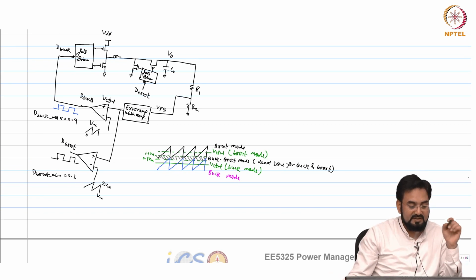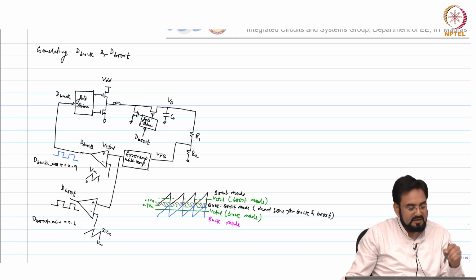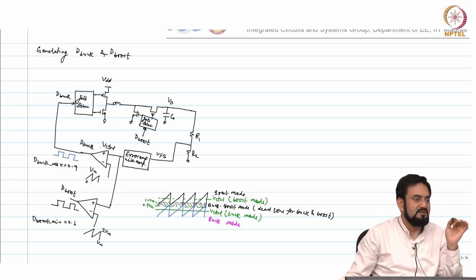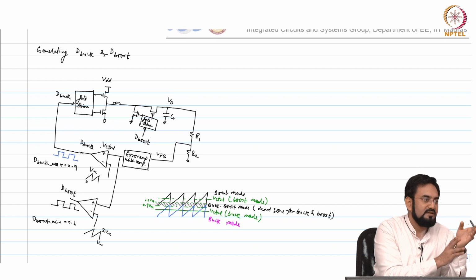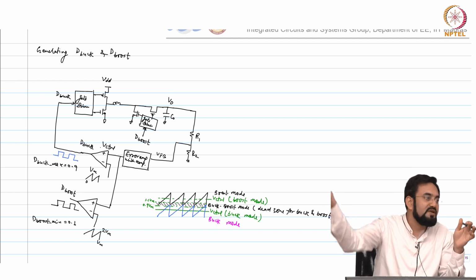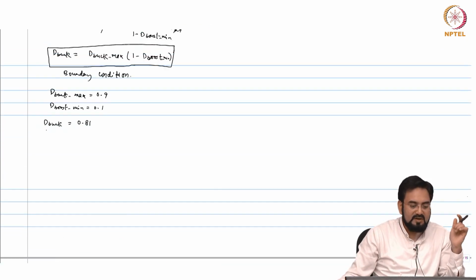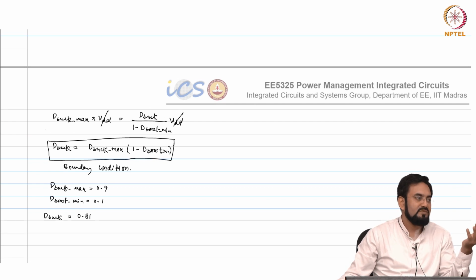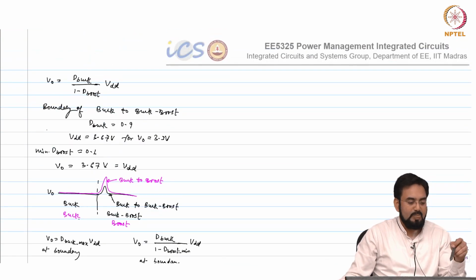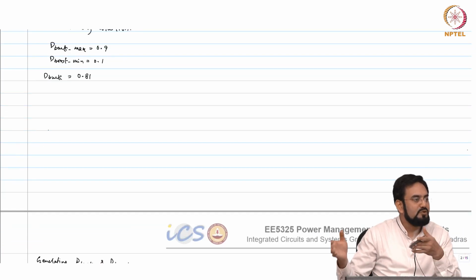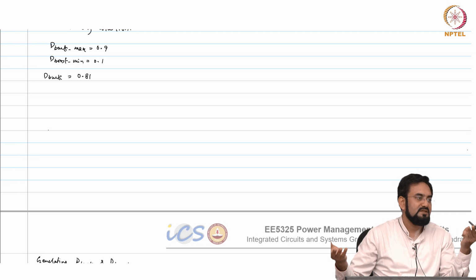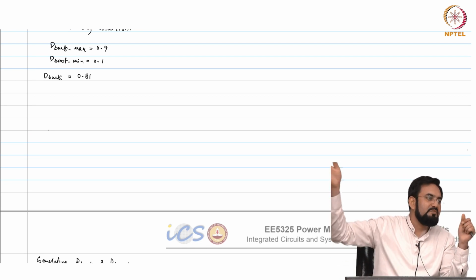And one thing you need to remember, then again your deboost will keep increasing, so it will again saturate at 0.9. Now you have to increase the boost duty cycle, but I cannot keep it always at 0.9, because ultimately you have an option to jump from 0.9 to 100%. I do not want these 4 switches to be always operating. If you saturate your buck duty cycle at 0.9, then even in boost mode you will be operating all the 4 switches. So, basically you need to keep monitoring the boost duty cycle.